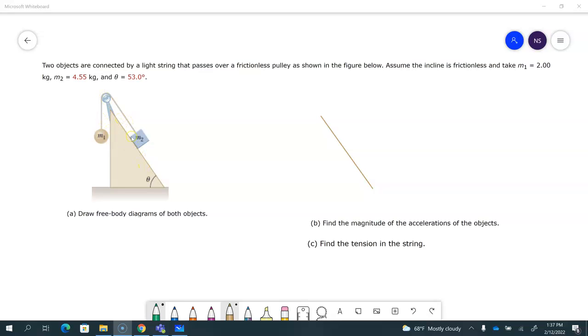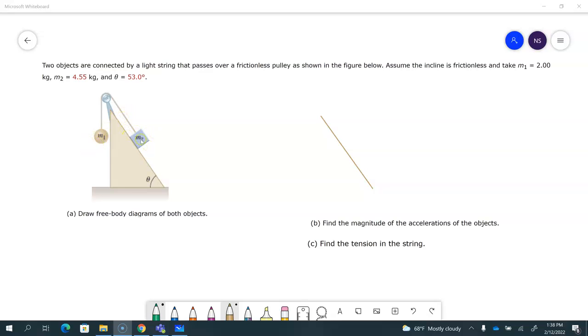Now, since these two masses are connected to each other, the two situations are either M2 is pulling M1 down, M2 is coming down the incline, M1 is going up, or the other way around. If M1 is heavy enough, that would be pulling it down and M2 would be going up. Now, when we look at the values, M1 is 2 kilograms, M2 is 4.55 kilograms. It looks like M2 is the one that will pull it up. If you really want to know, you could calculate M2g sine theta and see if it's bigger than M1g, but